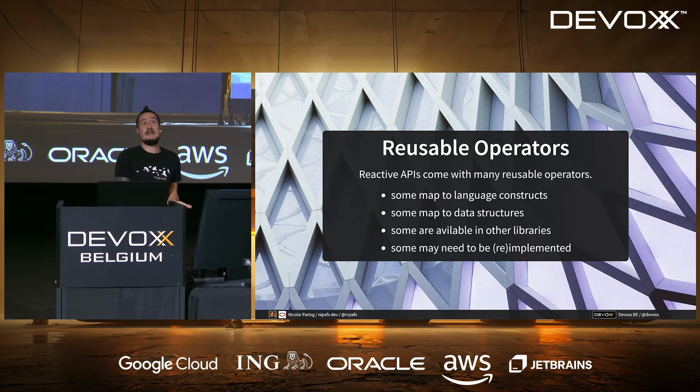Some things are just language constructs. Error handling is just try with resources. You don't need an operation for that. Java already has a language construct for that. Some map to data structures like the queues I mentioned. Some are available in other libraries. Specifically, something that I tried out is Resilience4j. You can see all the examples in this code base, which uses Resilience4j, which work with virtual threads